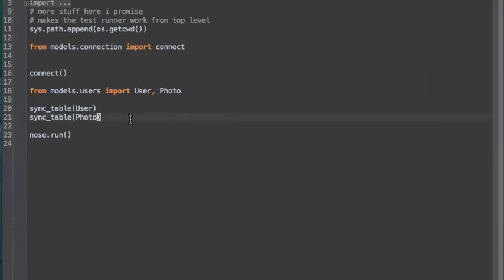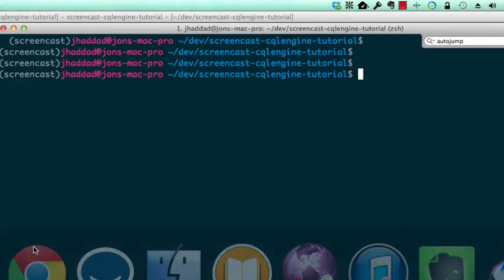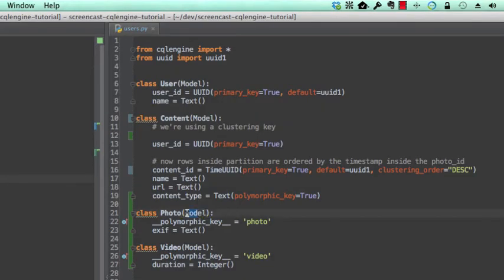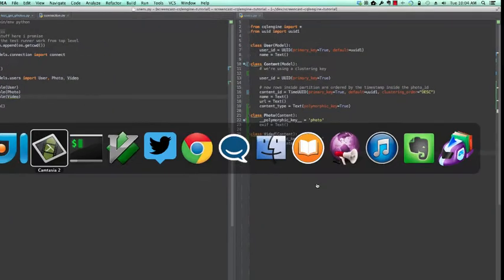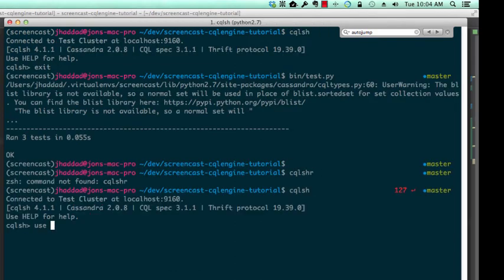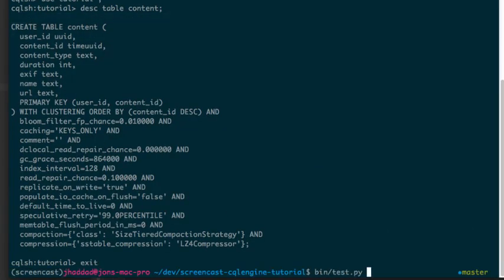We can now update our test runner to include video in the tables that are going to be synced. We can tell here that I've made a little mistake, and each of my photo and video classes are subclassed of model. Really, they need to be subclassed from content. When we run our tests, we can see that I screwed up and the primary key is not defined on the video class, or the photo class for that matter. So we go back, change them to subclass from content, and all our tests should run. We can then check cqlsh and the tutorial key space, and we can see that the new content table has